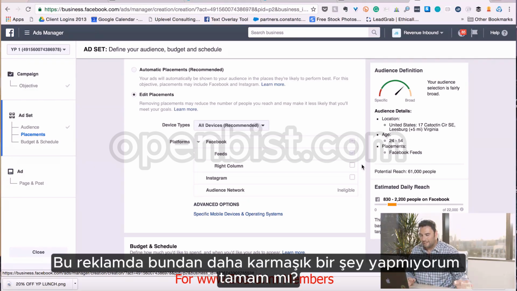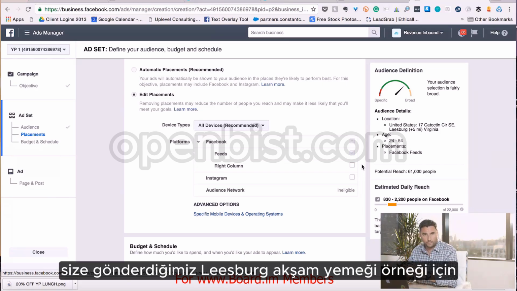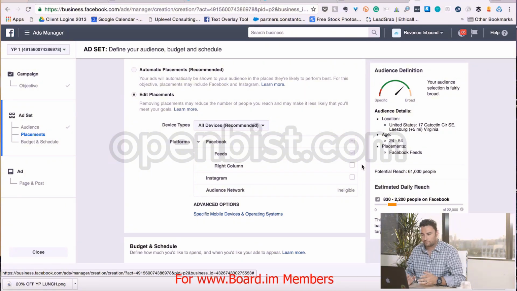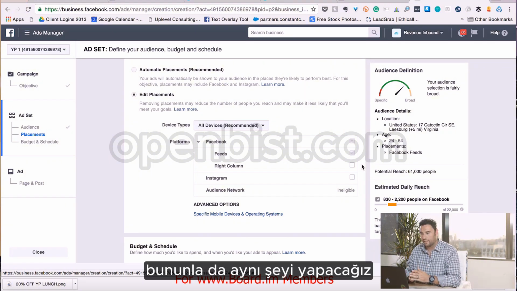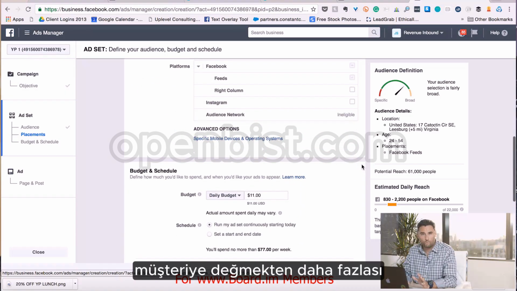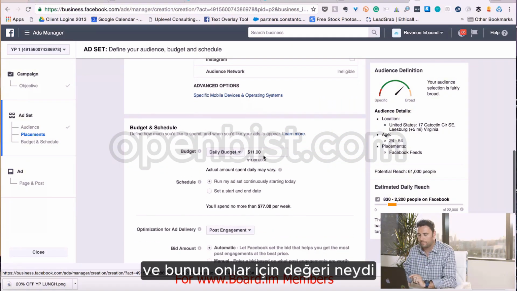Now notice, I'm not doing anything more complicated than that in this ad. This is exactly what we did for the Leesburg Diner example that we sent you. We spent a little over $100, I believe, on that ad. We'll do the same thing with this one. We got over 60 people to claim that offer for the Leesburg Diner. More than worth it to the client because of the lifetime value of those new customers and what that was worth to them. So I'm going to just put on here